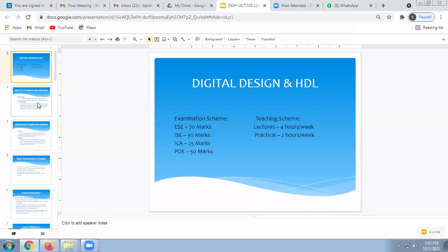Once you do one practical, you come to know what exactly VHDL is and what the outcome of this VHDL language is. Why do we have to use this VHDL language? So from this introduction, can you tell me why we will go for this HDL language? What is the use of this HDL language? Or is it just because it is in the syllabus?